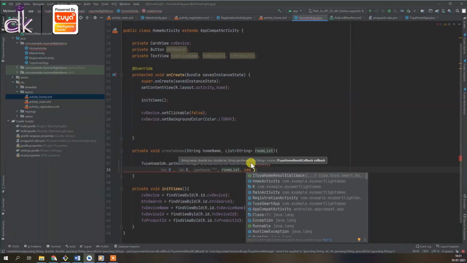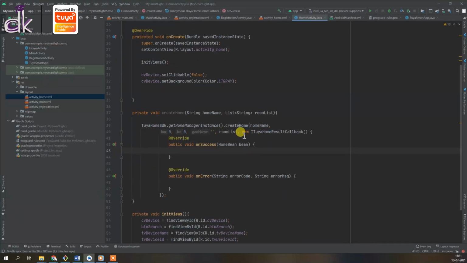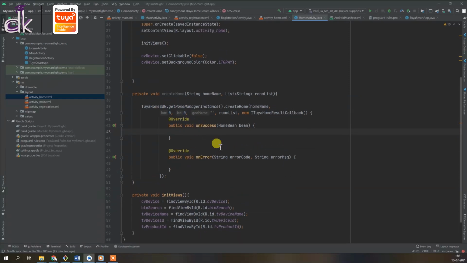So for that, create the callback function. So it is new ITuyaHomeResultCallback. So you can call it here itself rather than creating it again. So I just called it as new ITuyaResultCallback, and it's the same thing, right? So you have on success and on error.